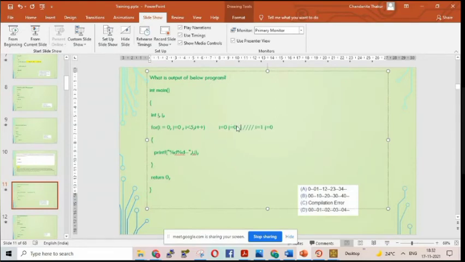So the first time what output will we get? 0 0, first iteration. Second iteration what will we get? 1 0. Iteration number 3. In that, what will be the i value? i will be incremented, so i will be equal to 2, and j we have not incremented, so j will remain 0.